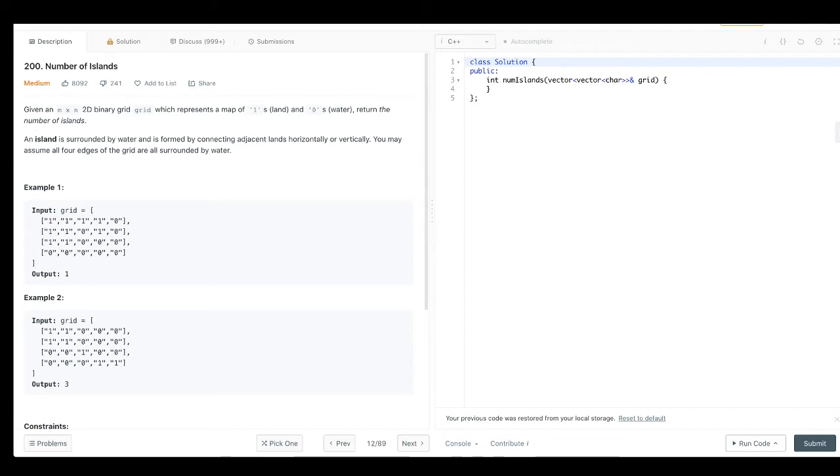So what does this mean? This means that we are given a 2D matrix containing ones and zeros, and we need to find the number of connected components in this matrix. Why connected components? Because it says that an island is surrounded by water and is formed by connecting adjacent lands